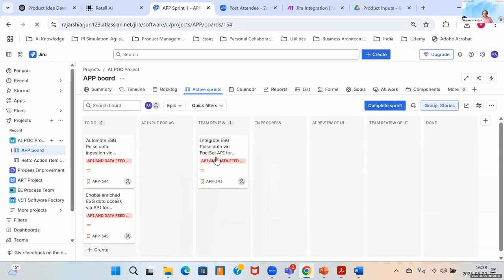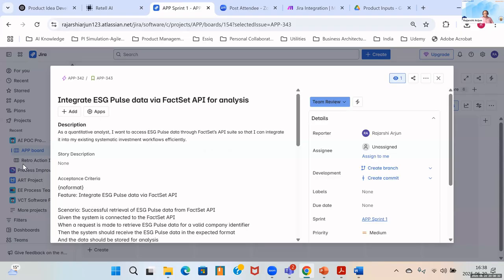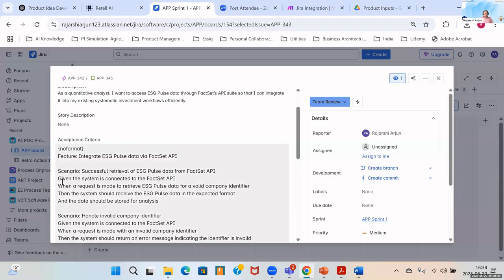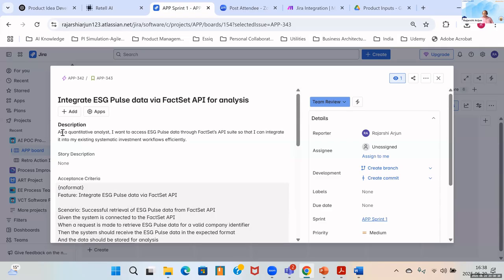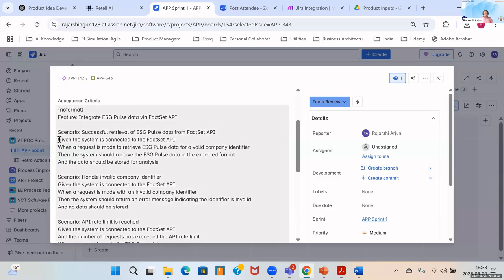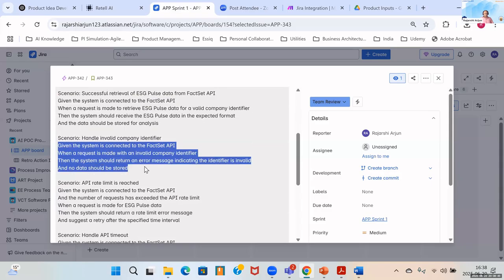And you see the story has moved from here to here. And if I open this now, you will see that the acceptance criteria has been written in a given-when-then format. So it has identified within the story a couple of scenarios and it has actually come up with the acceptance criteria over here.